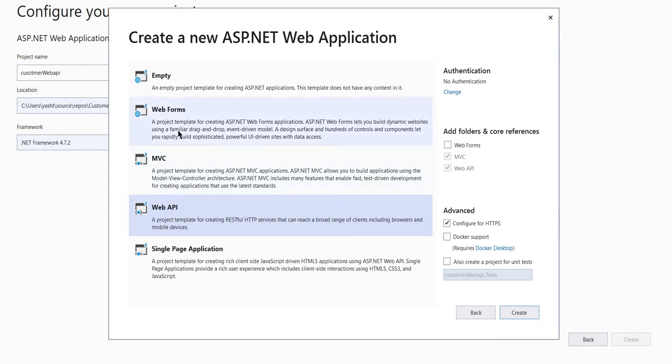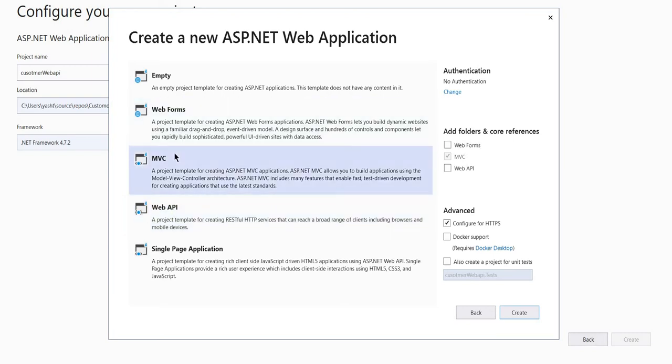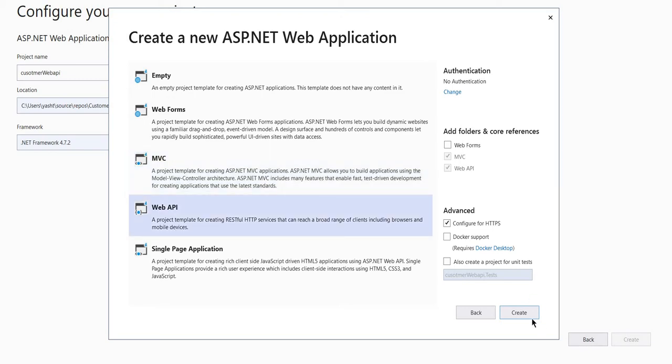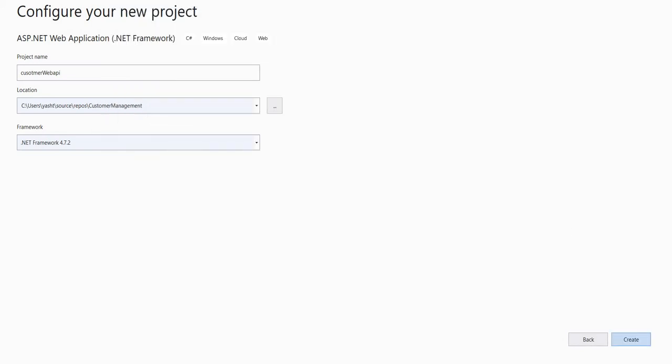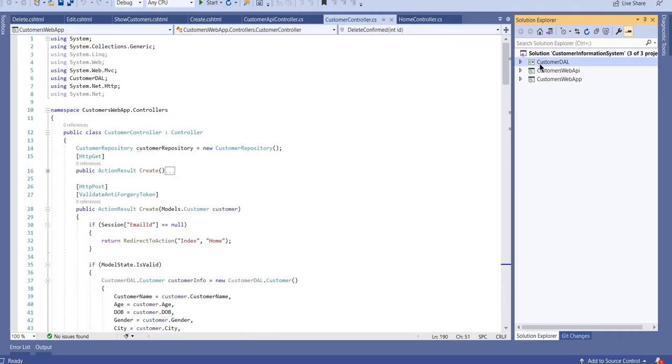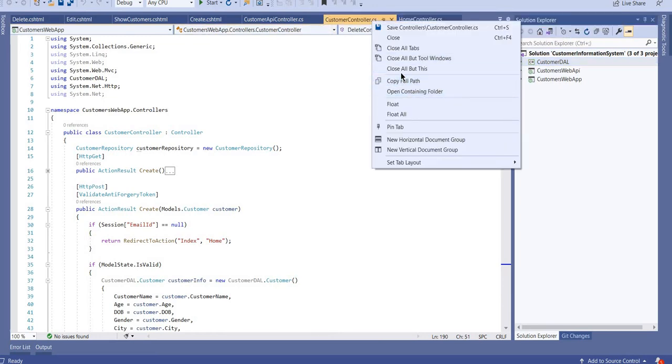Okay, so one is MVC, which is the second project, and the third project is the web API. Give some name and then create. So once it is done, you have these 3 projects created inside the solution. Okay, so we can see them one by one. Let me close all this.